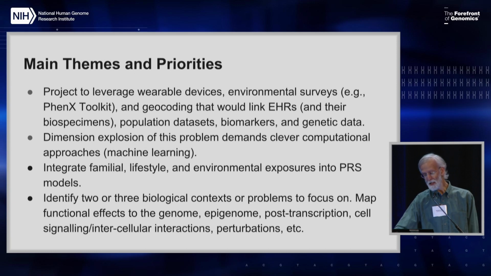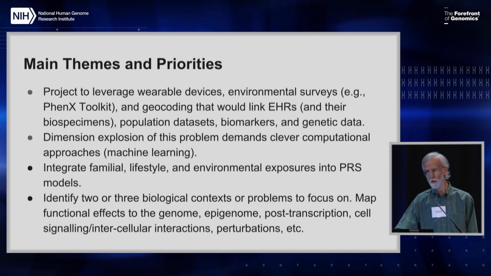The idea of integrating familial lifestyle and environmental exposures in a polygenic risk score-like model, where instead of just the genotype of the individual at birth, we also integrate some of this information on the environment, would be a very desirable goal. One immediately has to get into the details of how those models would be designed, but it's an interesting problem. One particular idea that was floated was we sort of threw up our hands and said, well, this